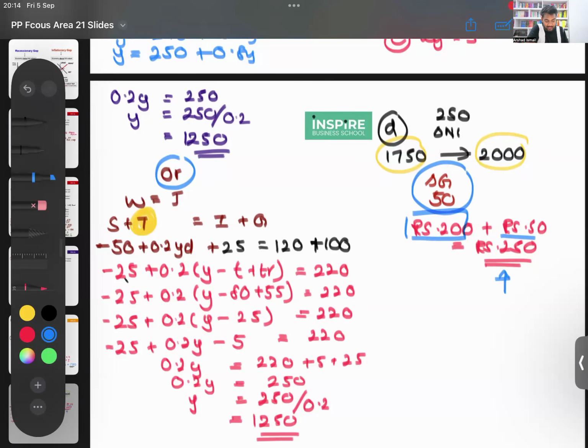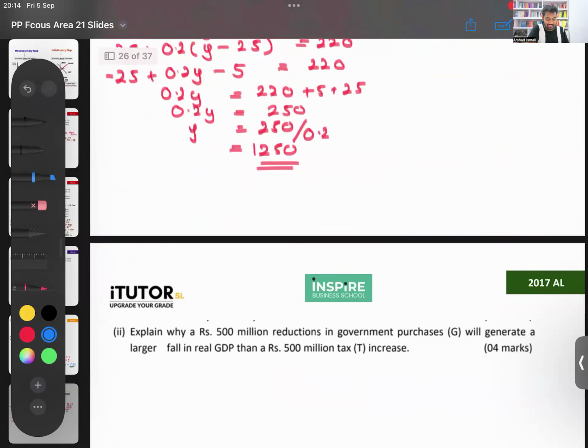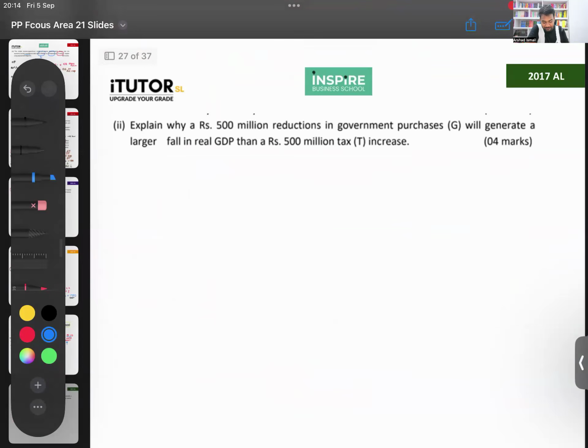Okay. Right. 2017 says, explain why a 500 million reduction in government purchases will generate a larger fall in the GDP than a 500 million increase in tax. So here you have to talk about the government spending multiplier and the tax multiplier. The reason here is,